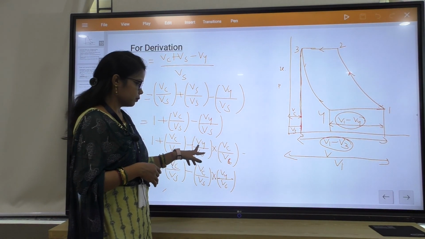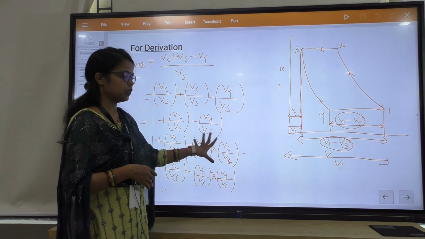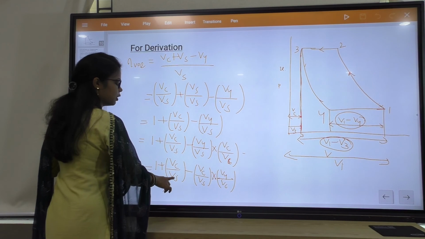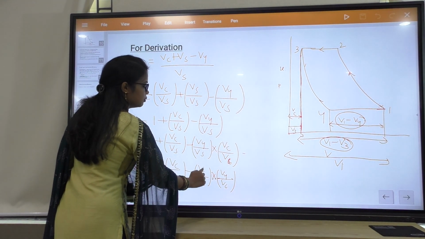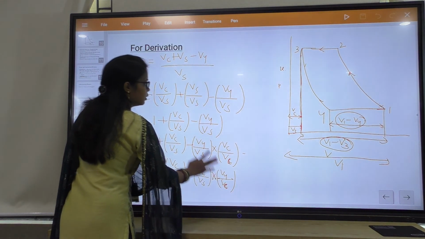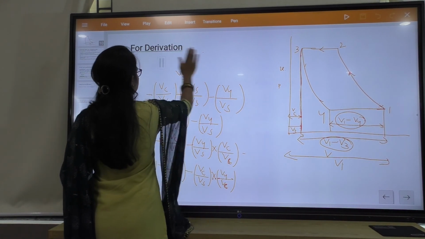Okay. This will be cancelled out, but this will be used in the next step. Okay. 1 plus Vc by Vs minus, I have separated this, Vc by Vs into V4 by Vc. Clear? Up to this step you must have understood. Then in the next step,